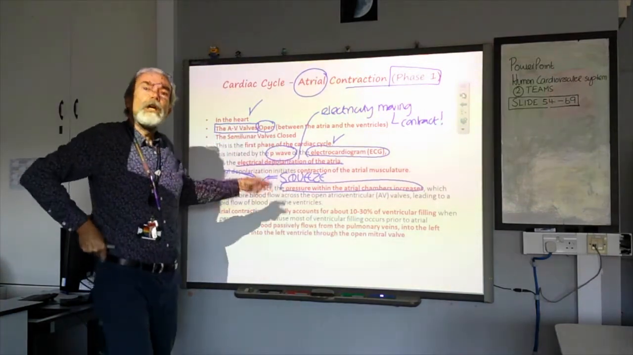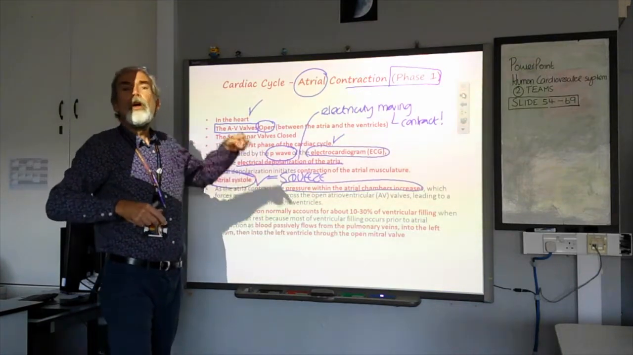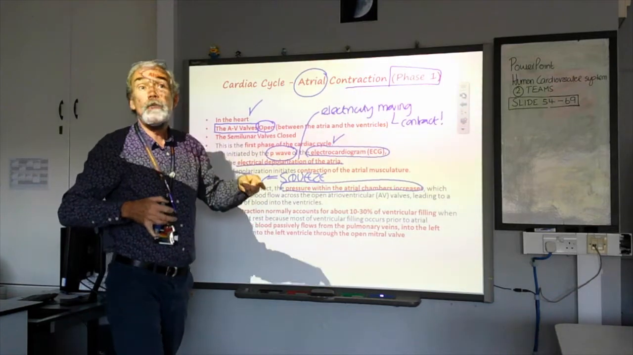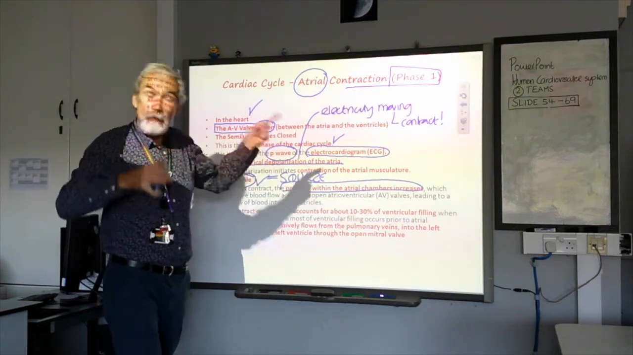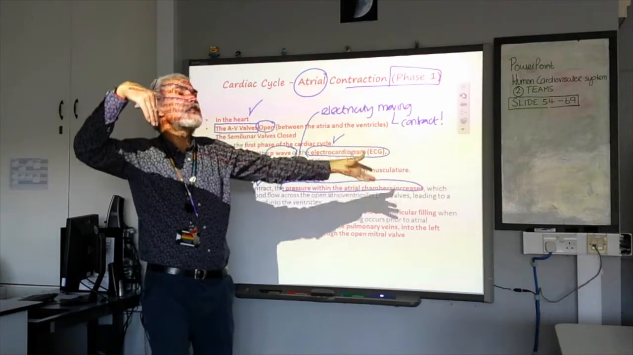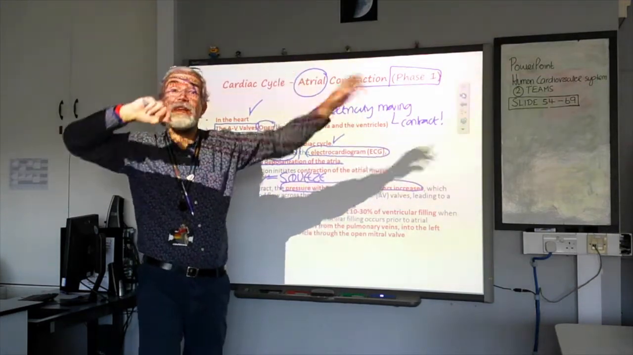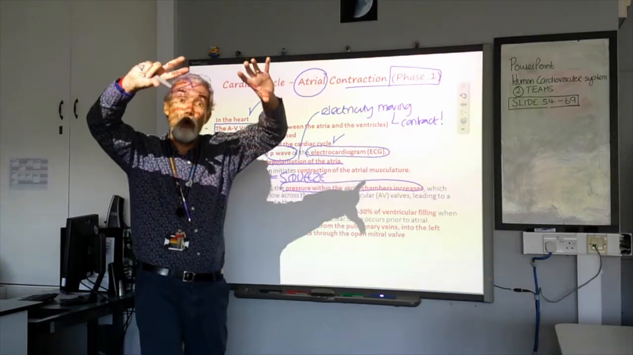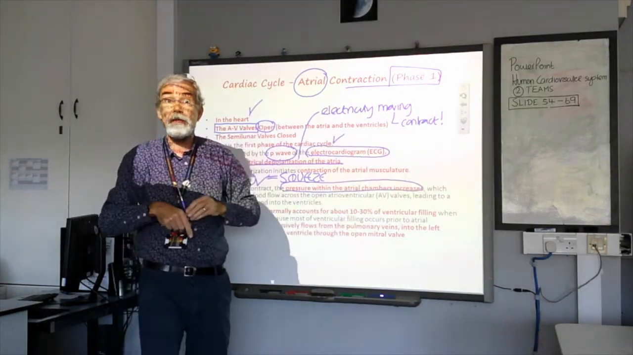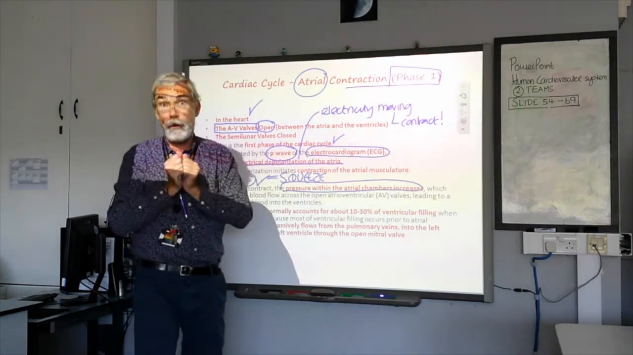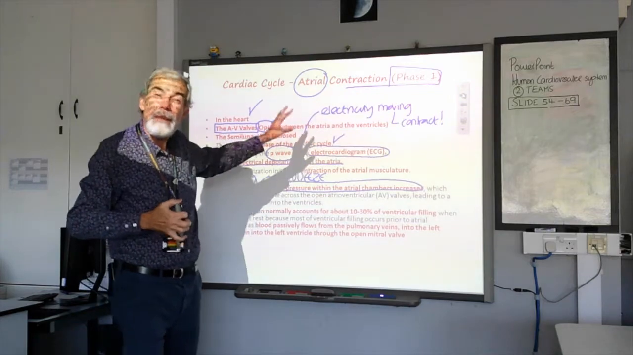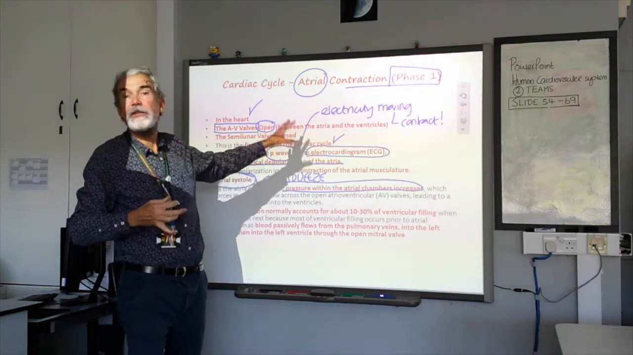Because your atria only really empty round about 30% of the total blood volume with an atrial contraction. Because those AV valves have been open all the time and blood has been returning to the heart on the left and right hand side all the time, blood has simply flown through the open AV valves into the ventricles at the bottom. This first phase squeezes round about the last 10 to 30% of the blood from the